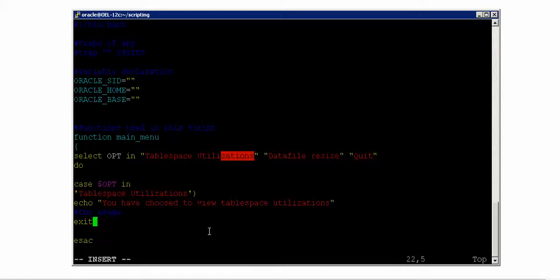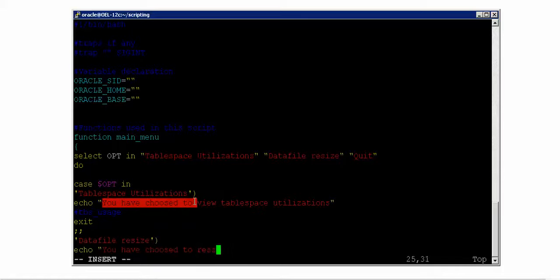According to the syntax of case, for every option that you say, you have to end that option with double semicolon. So what is the second option I wanted? If somebody selects data file resize, again I have to tell them, first of all, you have chosen to resize data files.